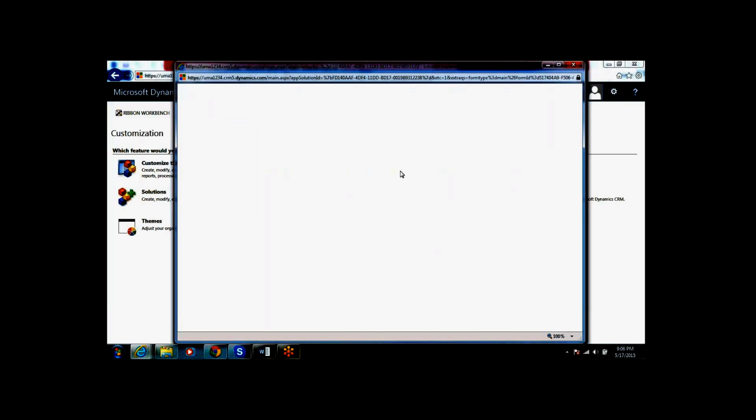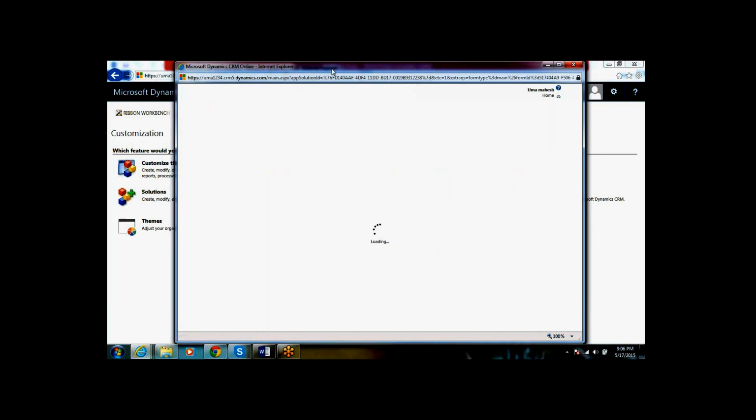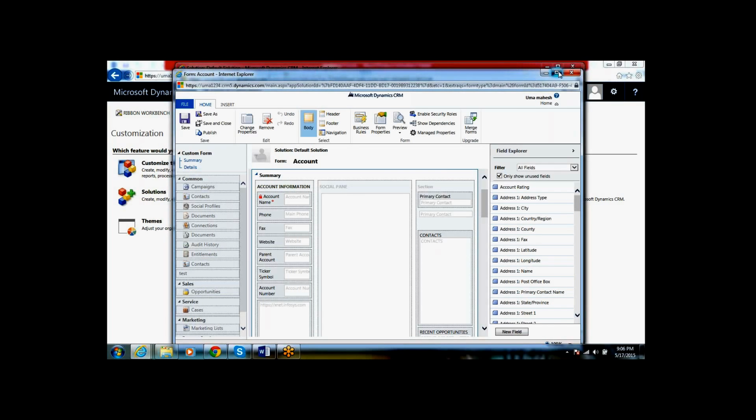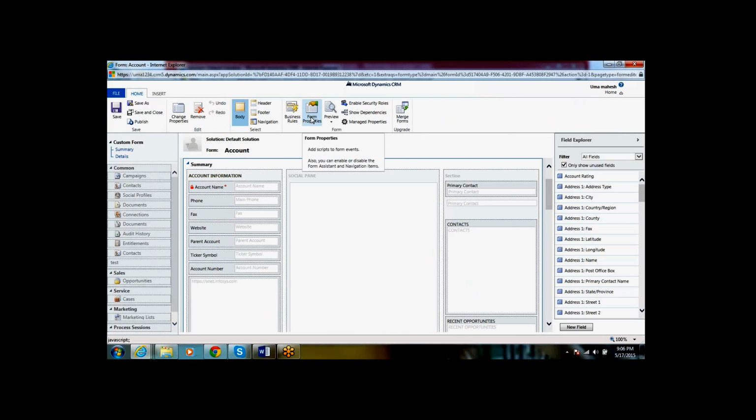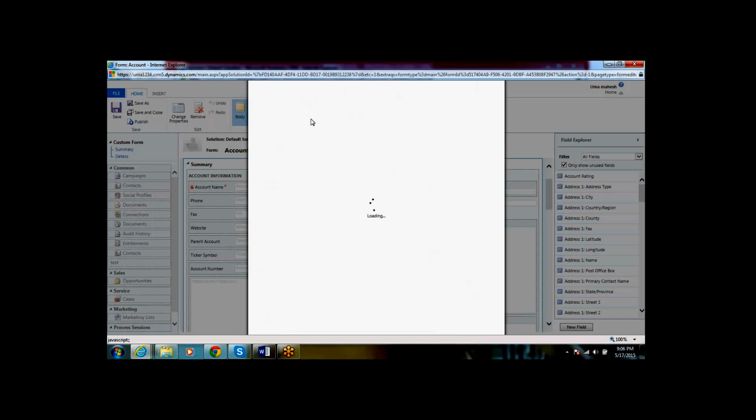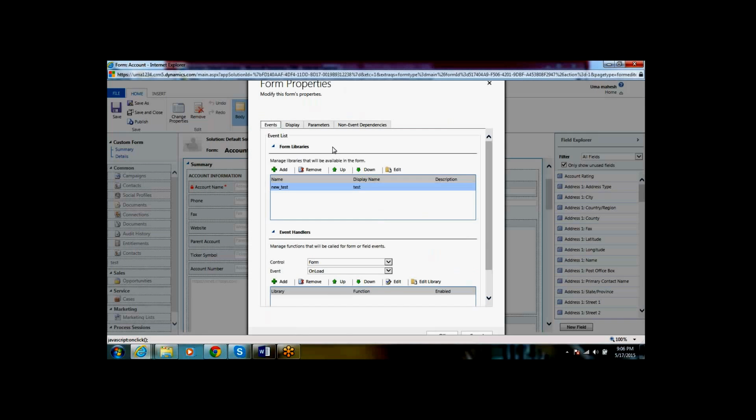So on the form, open the form. In the form you can see the form properties. Here in the form properties you can see the events.